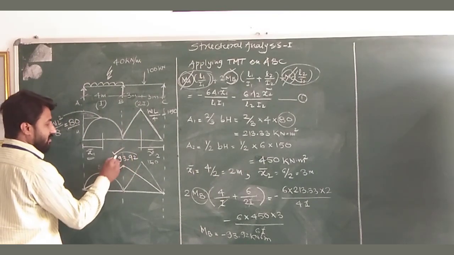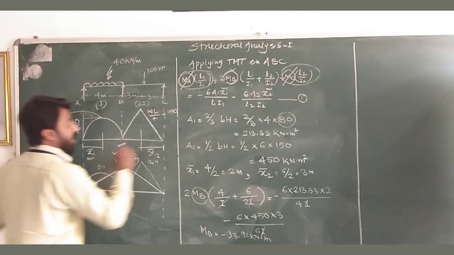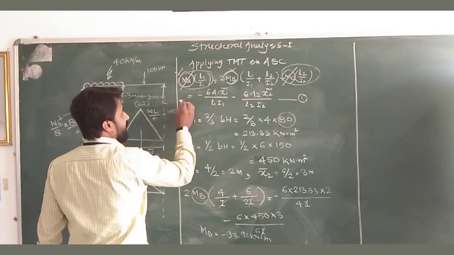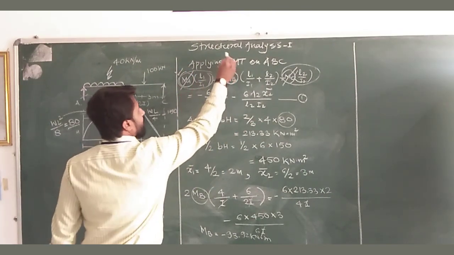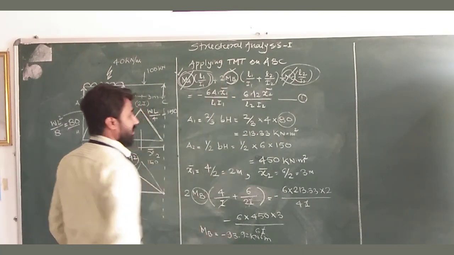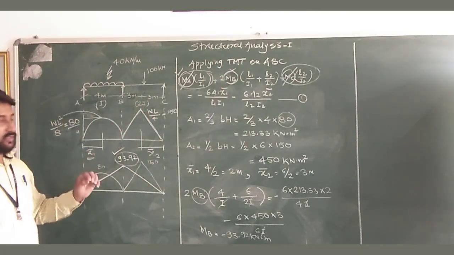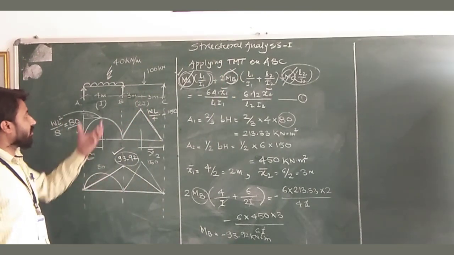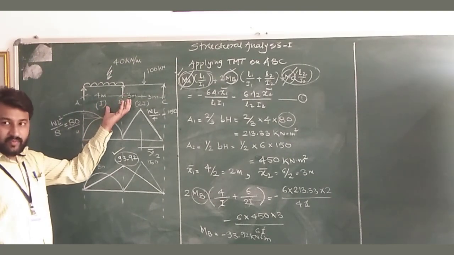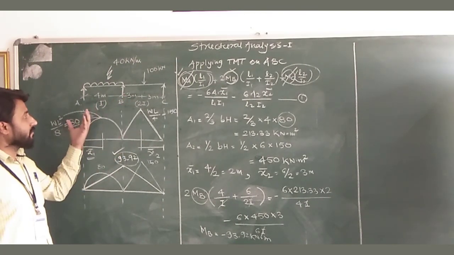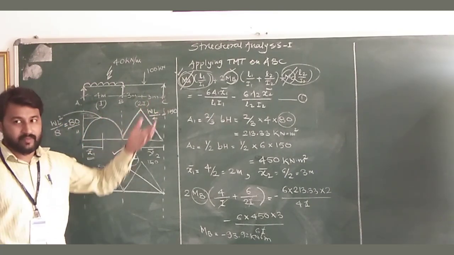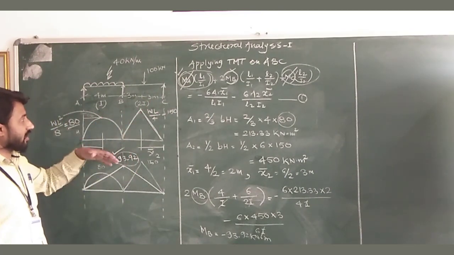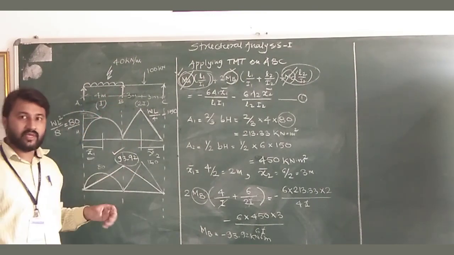For this extra unknown, we have used this extra equation other than the three equilibrium equations. This equation is from Clapeyron's theorem or the three moment theorem. So this is the numerical which we have calculated for two consecutive spans. In the next lecture we will see how to calculate for three consecutive spans and how we have to calculate the unknowns in it. Okay, thank you very much.